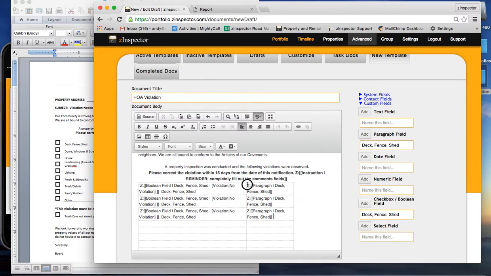Now I find I actually like to put a little space right in there. It sometimes looks a little bit better. So I'm going to go ahead and put that in there. Okay, so now all these say deck, fence, shed. So I'm going to change this now and say doors, windows,